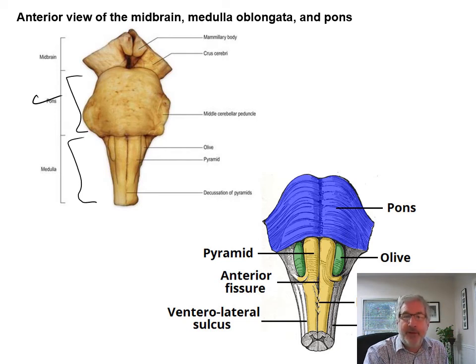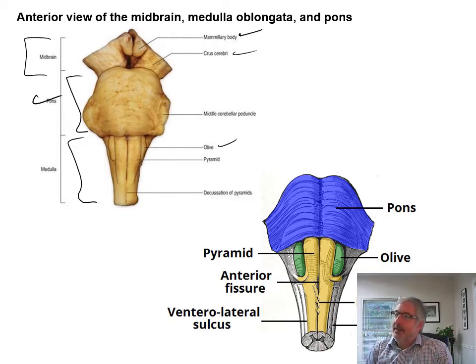And we have the midbrain portion up here, which has on the anterior side what are called mammillary bodies. I didn't point those out earlier, but you can see those in the sheep brain dissection. We'll show those. And then you have cerebral peduncles coming up. And you also have peduncles from the cerebellum. Those are called cerebellar peduncles, and we'll talk about those. And then there are some bulges here in the medulla. So you have the olives, or the olivary nuclei. And when you're talking about the brain, a nucleus is a collection of cell bodies.